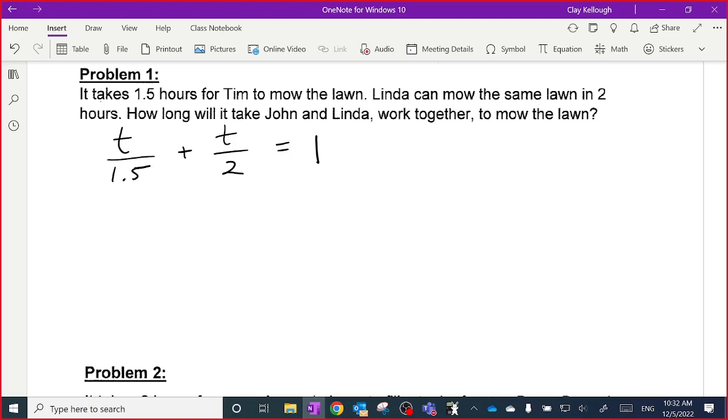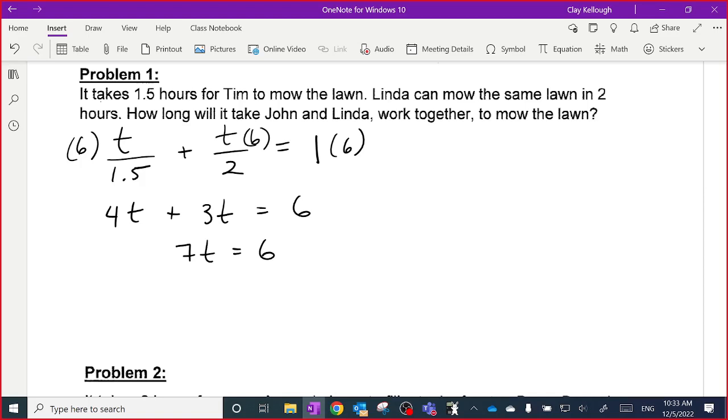So we're going to times by, let's see, what times this one to make 6? I guess we'll just times by 6 on this side, times by 6 here, times by 6 there. So that would be 1.5 goes into 6 4 times. 2 goes into 6 3 times. And I now have 7t is equal to 6. So from there, t is equal to